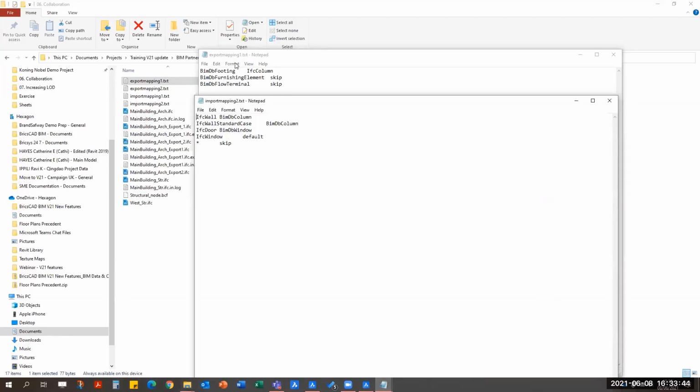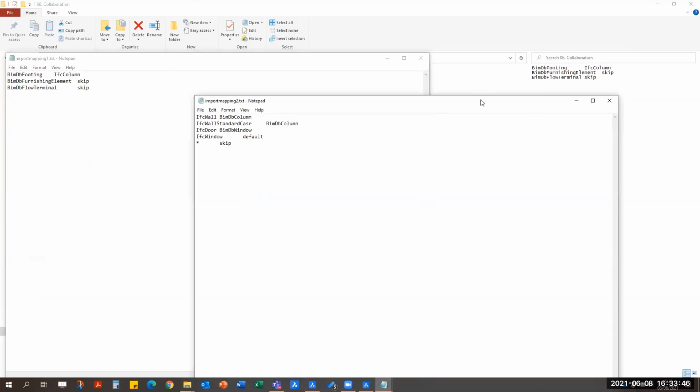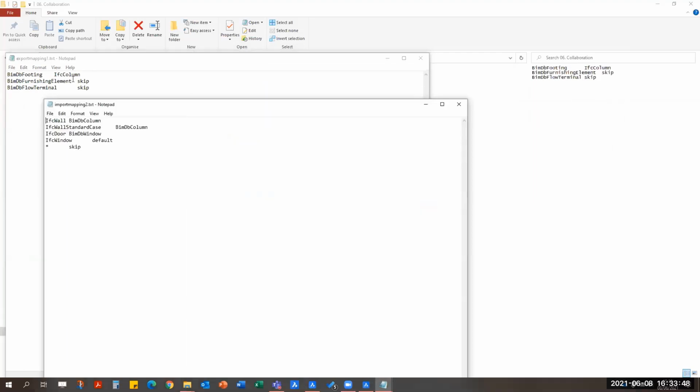Instead of doing BIMDB footing to IFC column, so BIM to IFC, now I'm doing from IFC to BIM, because I'll be importing an IFC model into BricsCAD, but not having to later on manually reclassify the elements